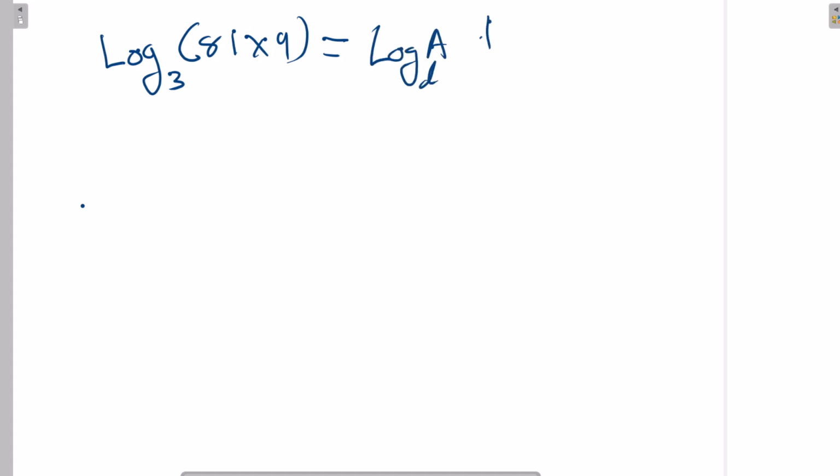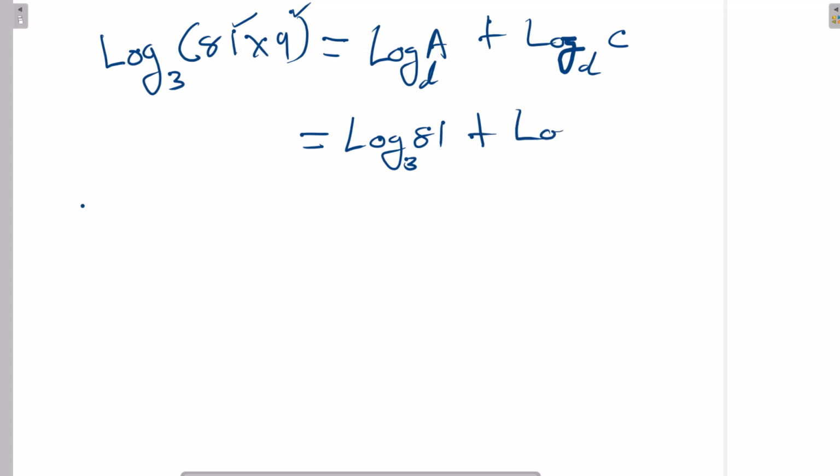For example, we are given log (81 times 9), let us say base 3. So according to the law, whenever we are multiplying, logₐ plus logₐ, we split the values that we are having. So in this case, our solution will be log 81 base 3 plus log 9 base 3,